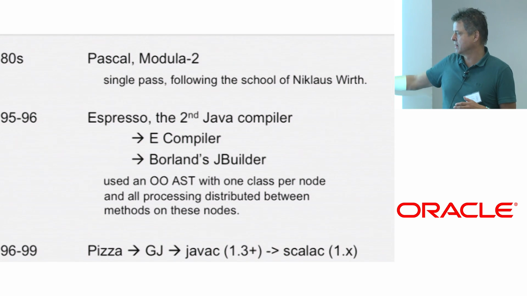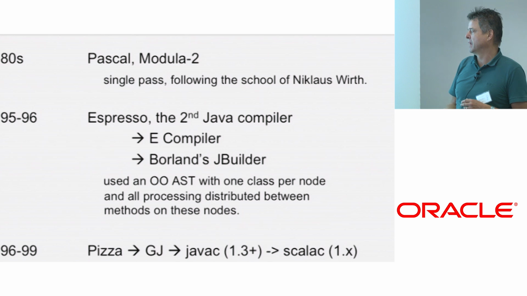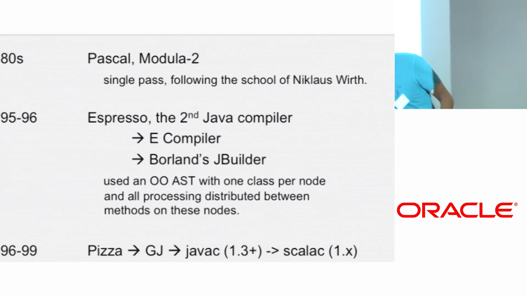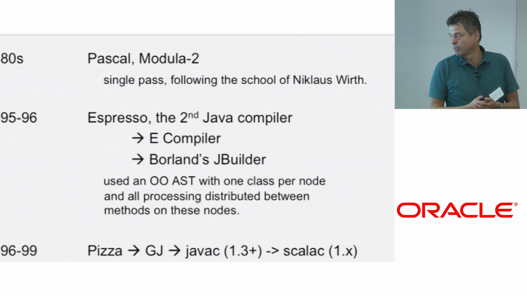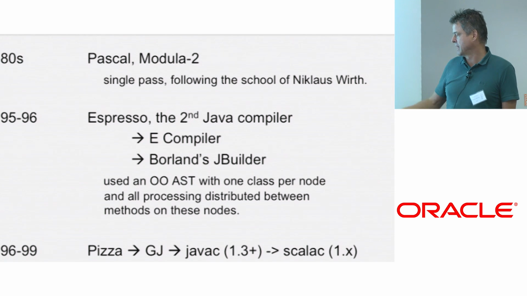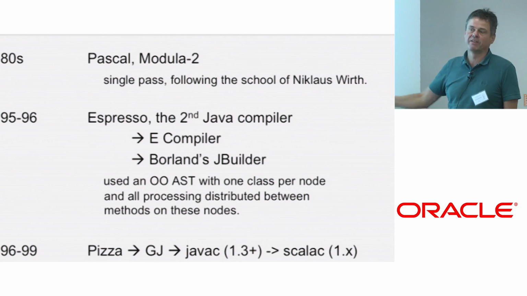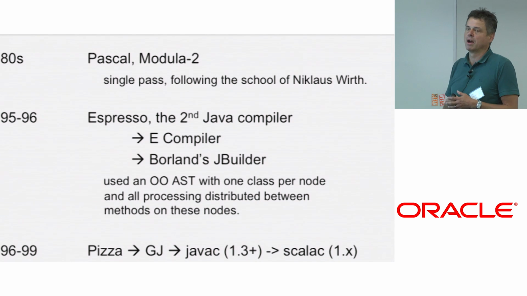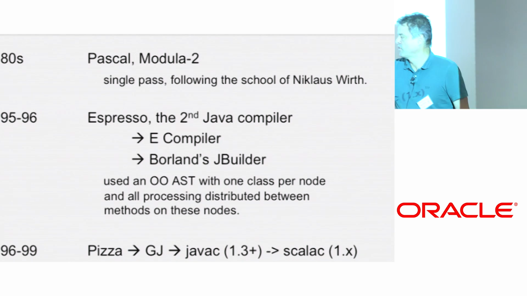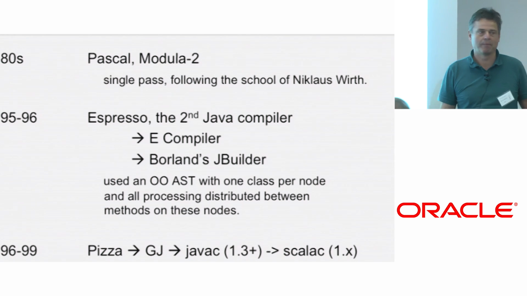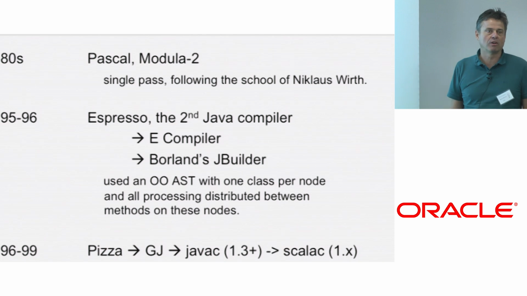So we learned to do better in the next compiler architecture that started with the Pizza language in the 90s. That became GJ, and that became Javac from essentially 1.3 on. And that became then, in the end, Scalac, the first Scalac used a very similar architecture. So first Scalac was actually written in a dialect of Java, which was sort of like Pizza. Somebody else wrote it, so it wasn't exactly Pizza, but it was Java plus pattern matching, because pattern matching is just too good not to have when you write compilers.